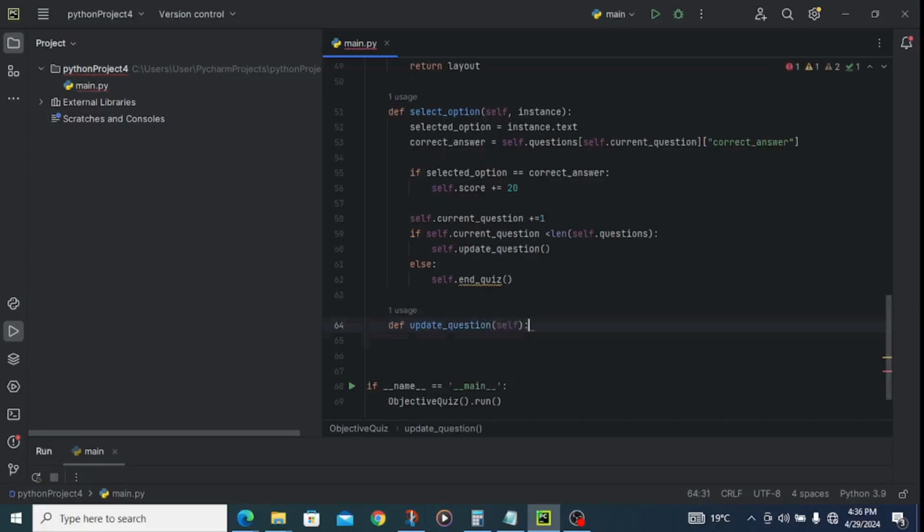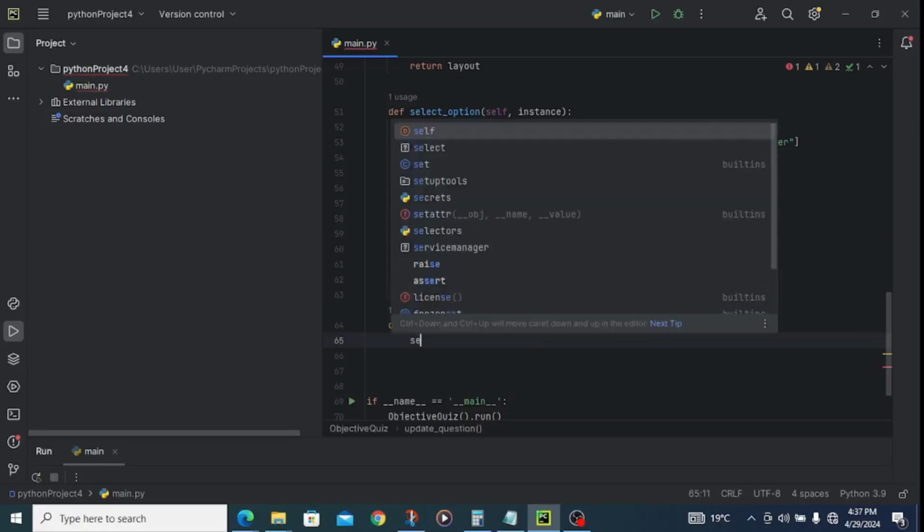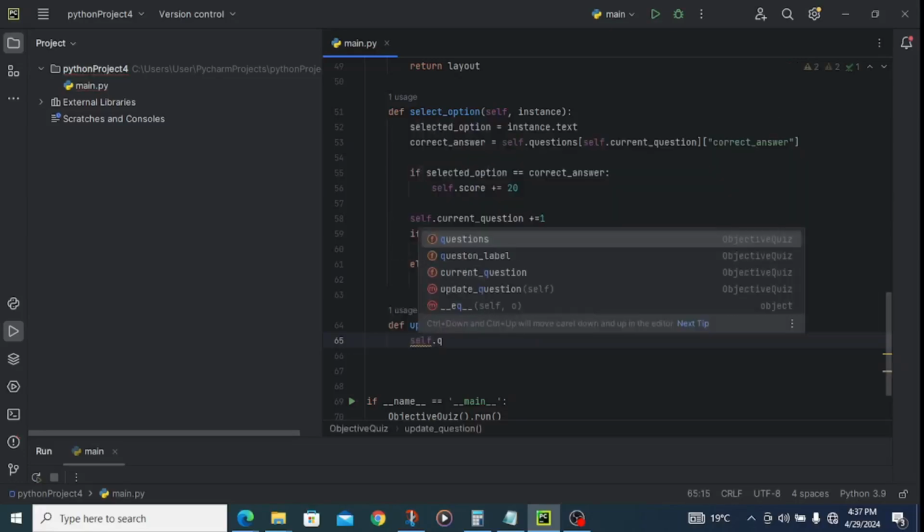Right, under this update question, we want to make sure that after we've answered the question, we switch to the next question. Keep switching and switching. What we want to do is make sure we display the new question text and new options after we submitted our first answer. So to do that, we are going to write self dot